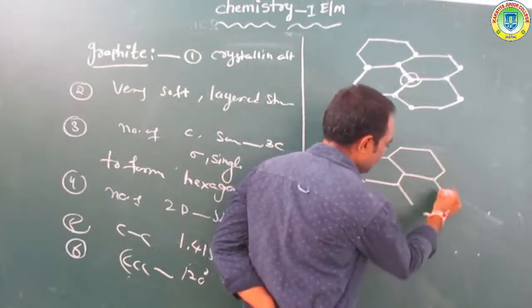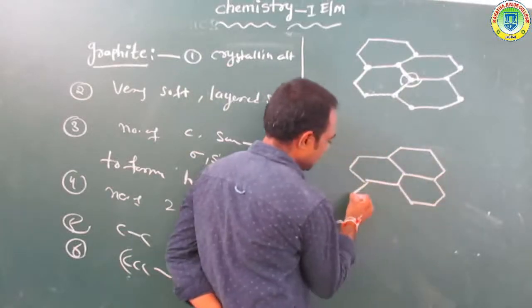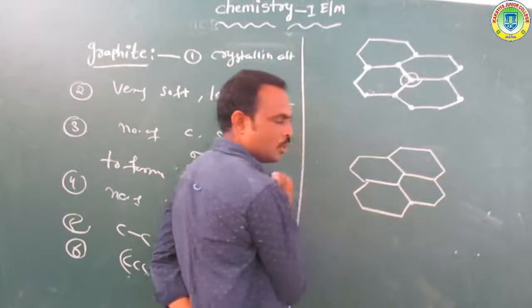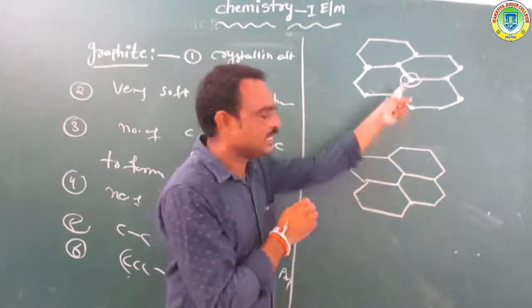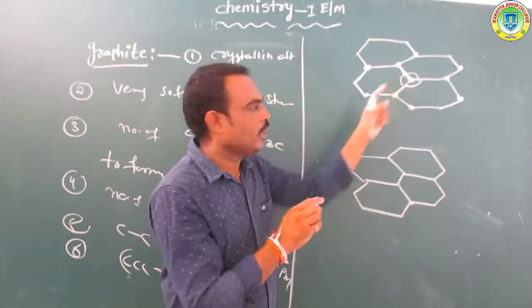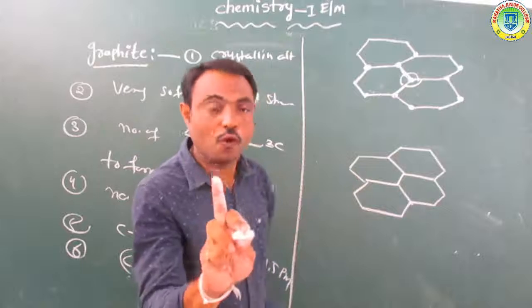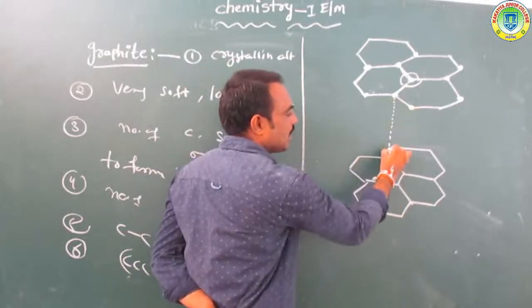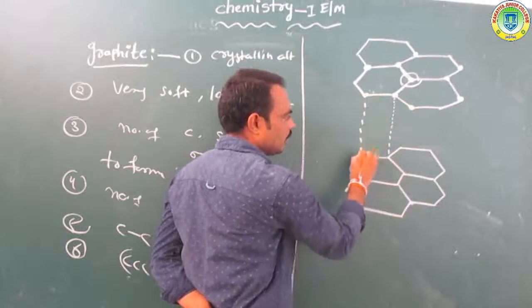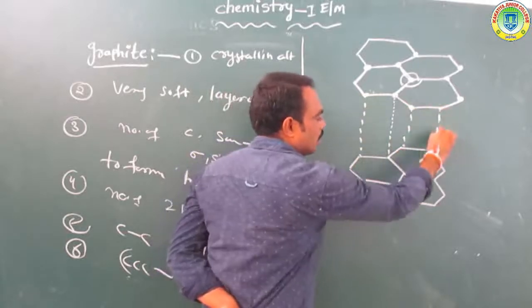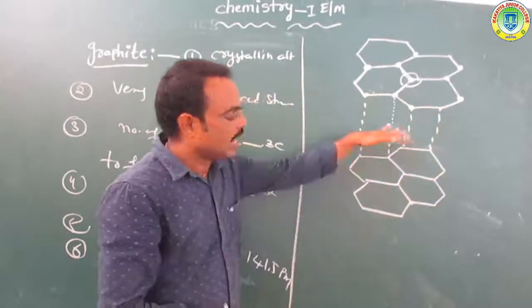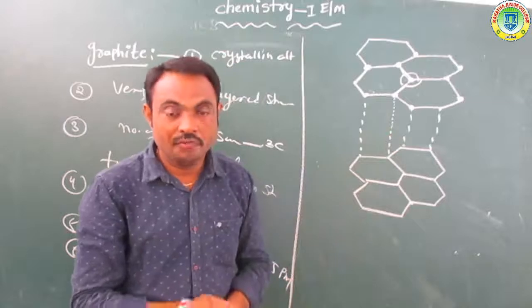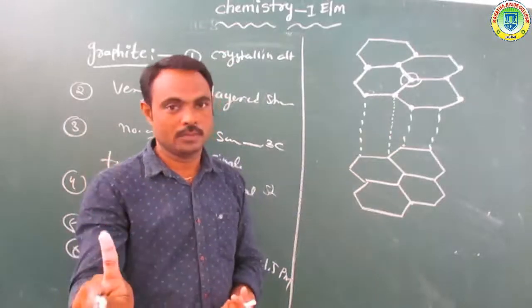It is another layer. Okay, so it is one layer, it is another layer. Okay, so the fourth electron, one carbon of the one electron, another carbon of the another electron is bonded with a weak bond or pi bond.